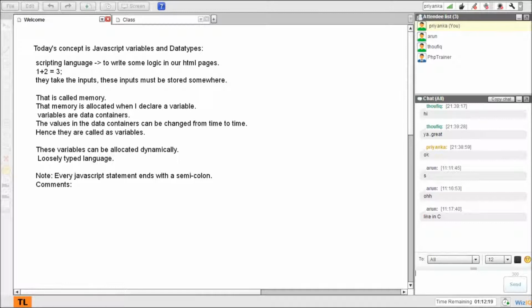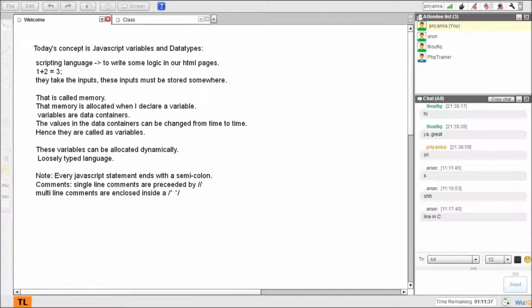Comments in JavaScript: single line comments are preceded by two forward slashes, and multi-line comments are enclosed inside a forward slash star and star slash.